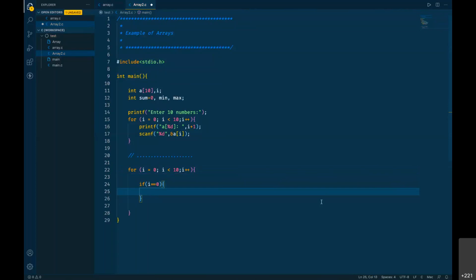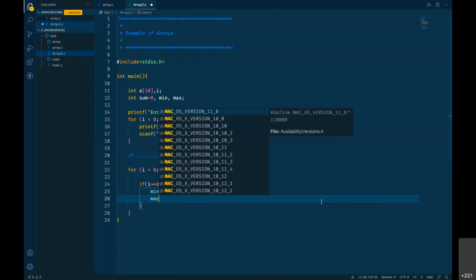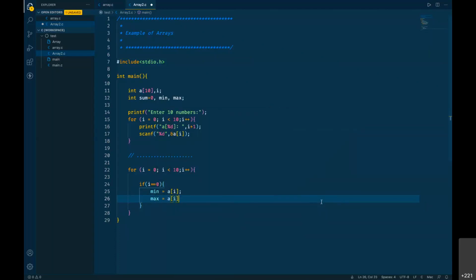If i is 0, which means this is the first element, a of i is the first element, and I'm going to assign that to min. I'm going to assume that the first value is the minimum value, and at the same time the first value is the maximum value also, right?